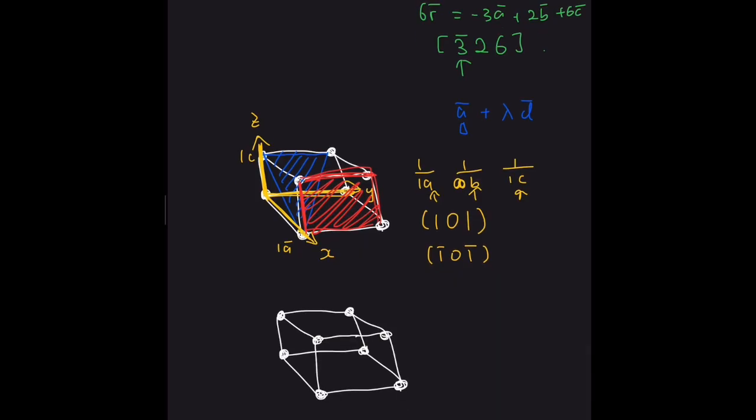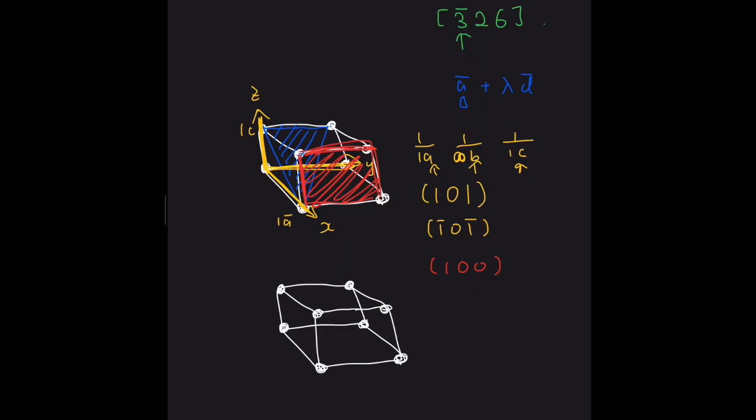It is parallel to the YZ plane, so it doesn't intersect the Y or the Z axis. Therefore, its index is 1, 0, 0. However, you notice that since this unit cell repeats through space, this surface we have is no different from this surface of the next unit cell. But if we have that surface,